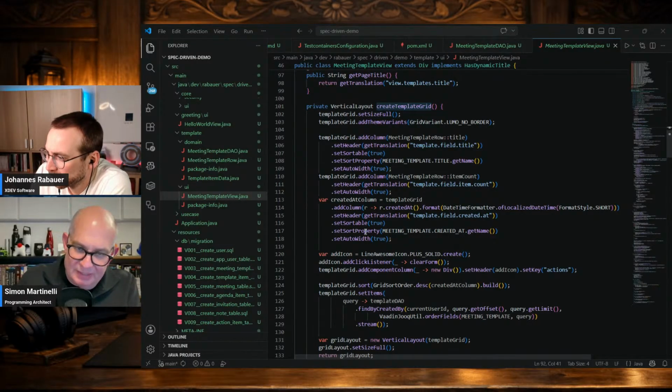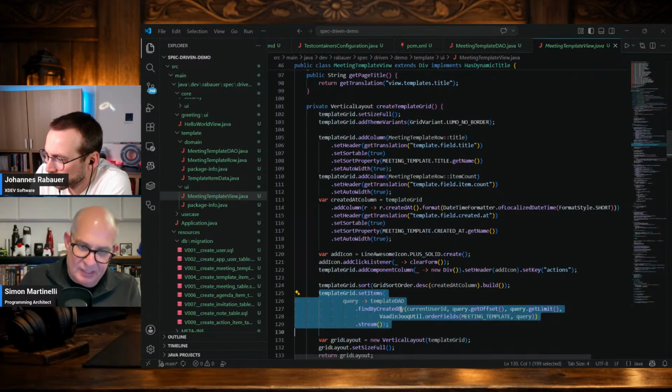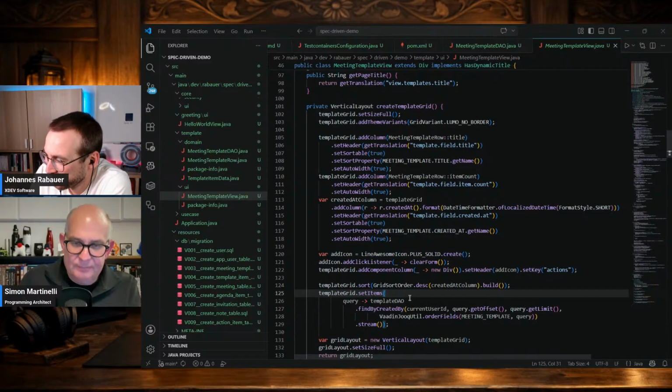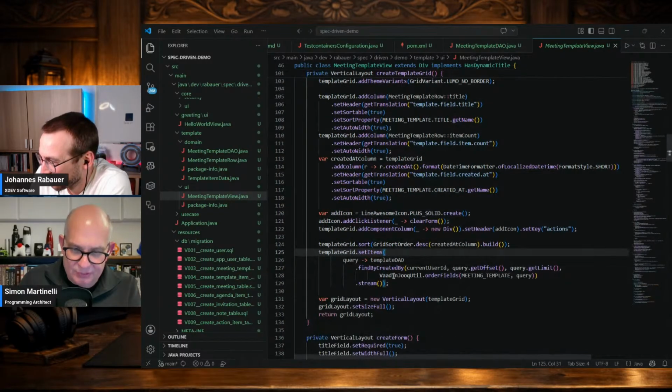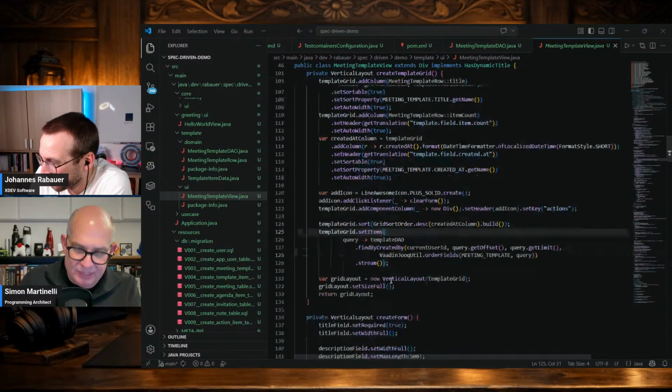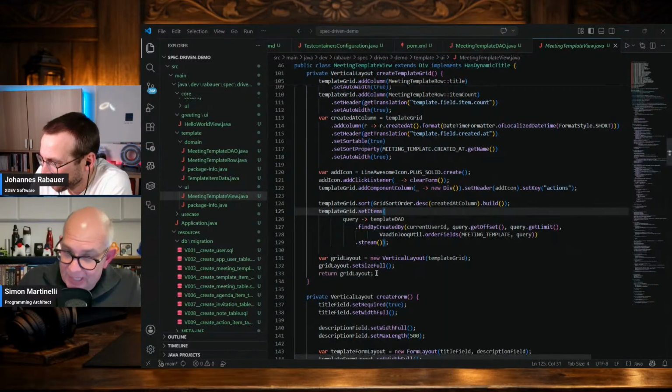So we even have the correct set items method here on line 125 because this is doing lazy loading with that one. That's very good. Oh yeah. And if you go further down, you will see the input fields. It probably doesn't use a binder, so I'm very curious how it stores the data in the record because it doesn't use a binder. If you scroll down a bit more, so